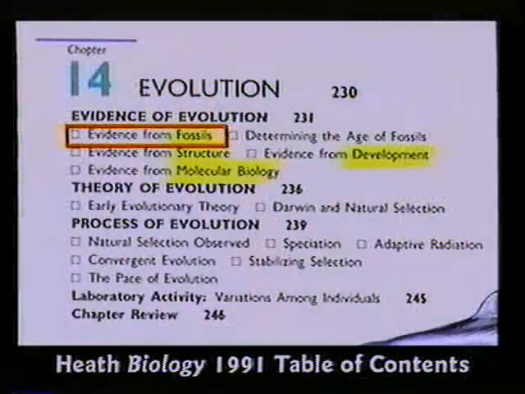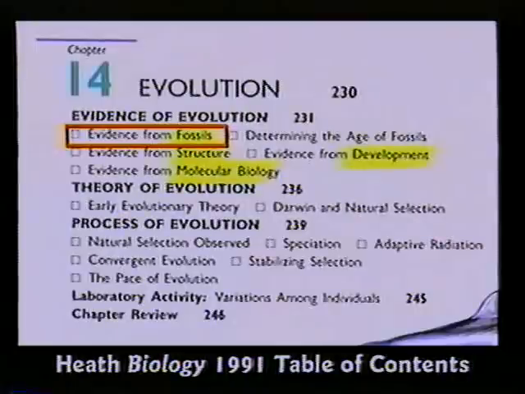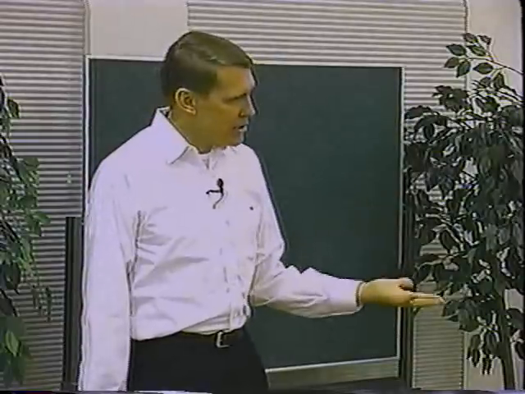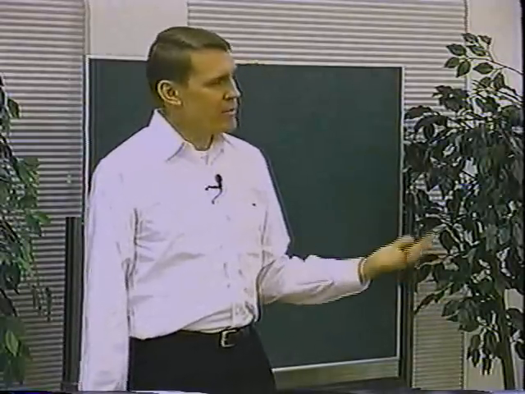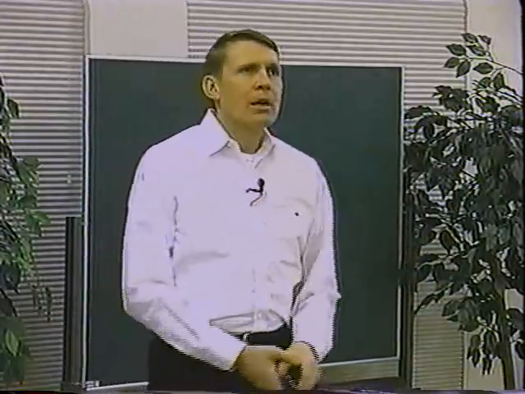Then the textbooks will say that fossils give evidence for evolution. This index to this one, this book has a whole chapter. I've seen some biology books that have an entire unit, 5 or 6 chapters just on evolution. They want to make sure the kids believe that when they get out of school. This one says we have evidence from fossils. Well, let's just discuss this here. Is there any evidence from fossils to prove evolution?